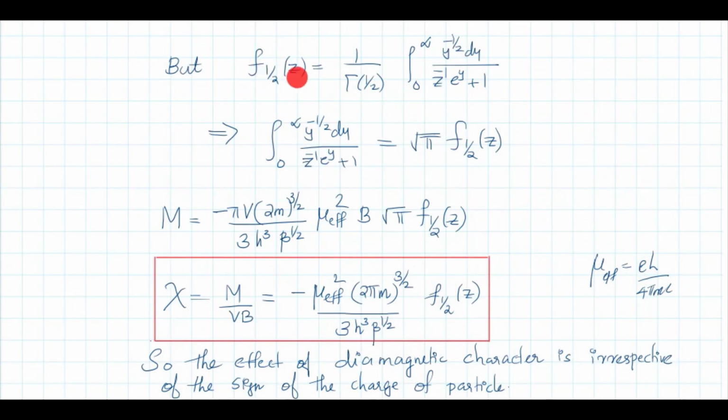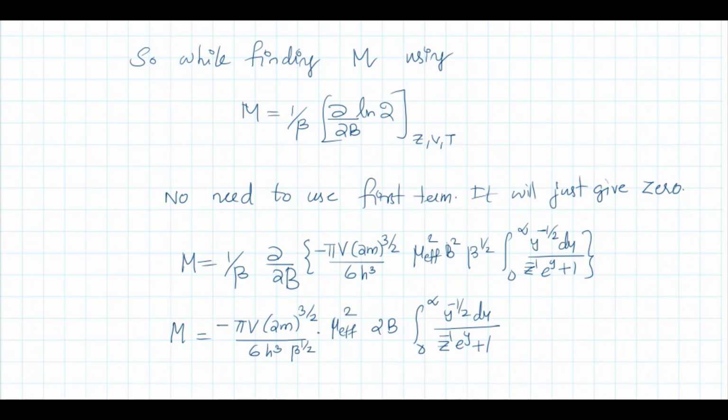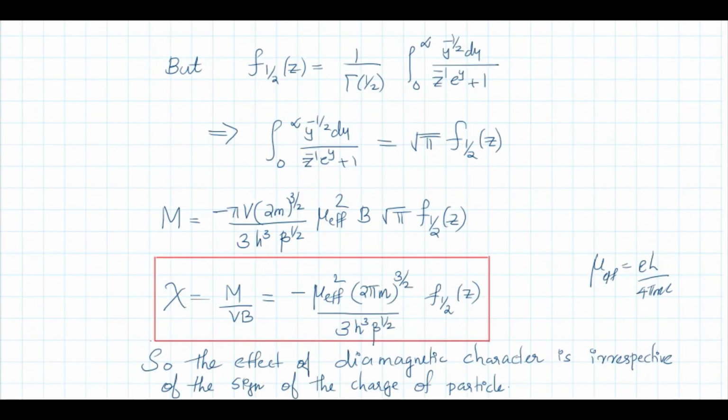Fermi Dirac functions. The definition of Fermi Dirac function f half of z is 1 by gamma half integral 0 to infinity y raised to minus half dy divided by z raised to minus 1 e raised to y plus 1. So inverting this, you will get integral 0 to infinity y raised to minus half dy divided by z raised to minus 1 e raised to y plus 1 equal to root 2 pi into f half of z, because gamma half is root pi. Substituting for this integral, you will get this quantity, and rearranging this, you will get